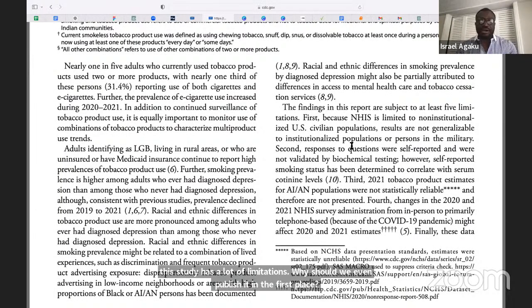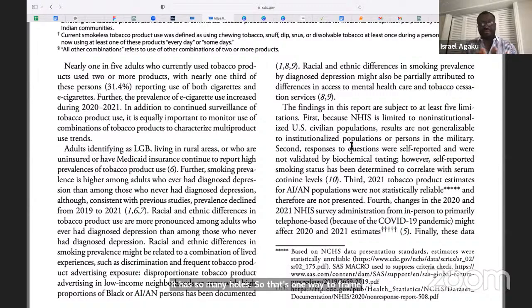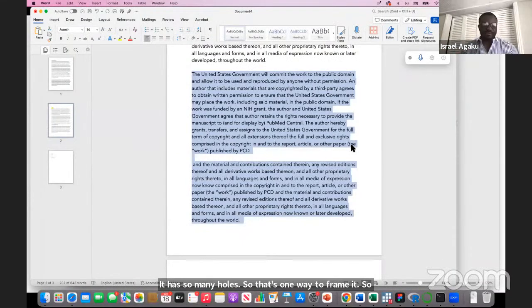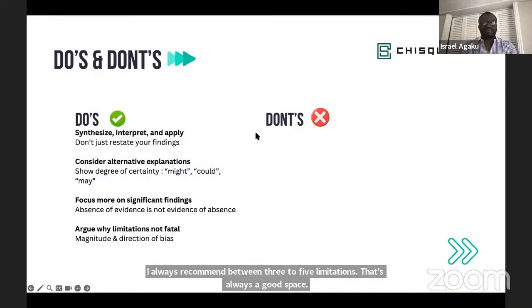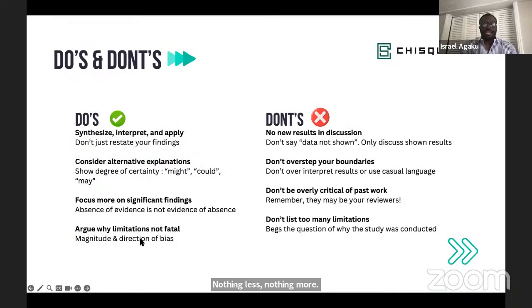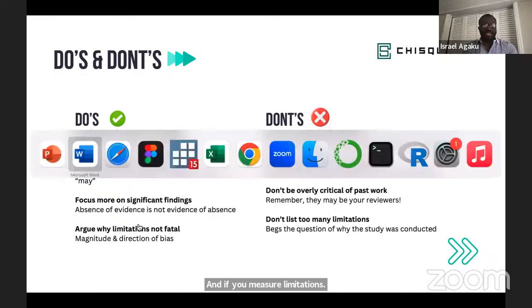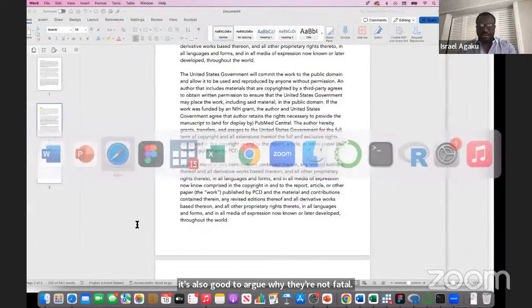So that's one way to frame it. I always recommend between 3 to 5 limitations. That's always a good space. Nothing less, nothing more. And if you mention limitations, it's also good to argue why they're not fatal. So if you go back to the MMWR,